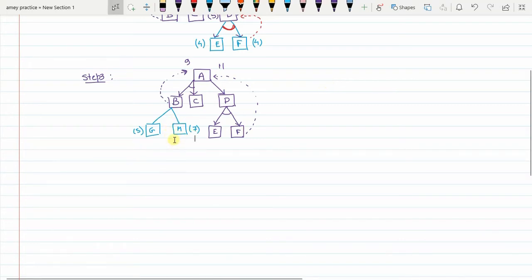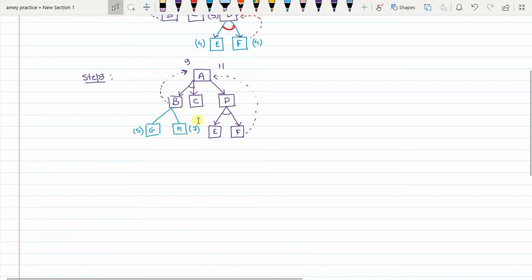Now what happens? Correct? So since this is a minimization problem, what backup value will you get at B? We will just check what backup value will be obtained at B. First of all, we find out what is F of G. F of G will be 5, that is the heuristic value, plus 1 unit cost along this edge. So 5 plus 1, 6. So if we select node G, then the backup value that you get at B is 6. And suppose H was selected, then what backup value do you get here? So what is the F value of node H? It will be 7, that's the heuristic value, plus 1 unit along the cost.